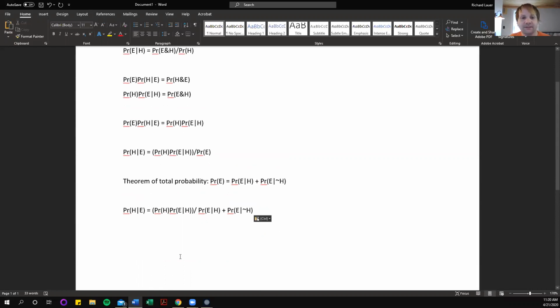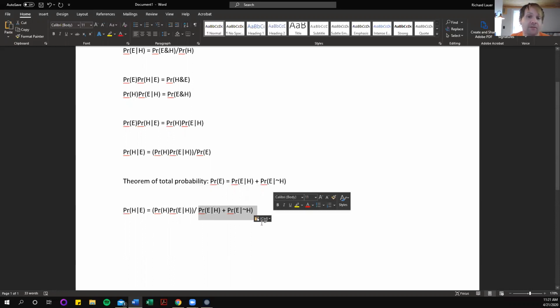So this is not easy reading, but let's go through it slowly. It says the probability of the hypothesis given the evidence is equal to the probability of the hypothesis itself. That is what we call, in logic and in philosophy, our prior. That is what we believed, how probable we thought the hypothesis was before the evidence was introduced. Then the likelihood, the probability that the evidence would be there if the hypothesis were true,